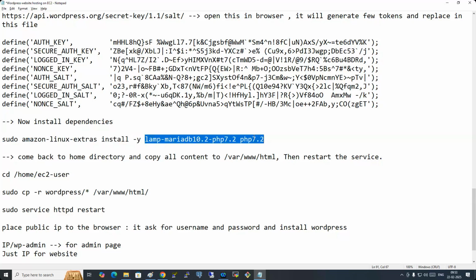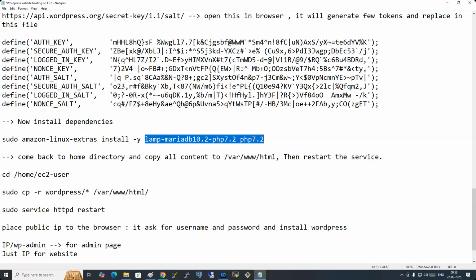Getting it? See here now. What we did? MySQL client we installed. We connected to the database in the backend. We created a database. We created a user and we created a password. Okay. Second step, we install Apache: yum install -y httpd. Correct? Third one, we downloaded the WordPress zip file, and we unzipped it. We went inside the WordPress directory, and inside this there is a file called